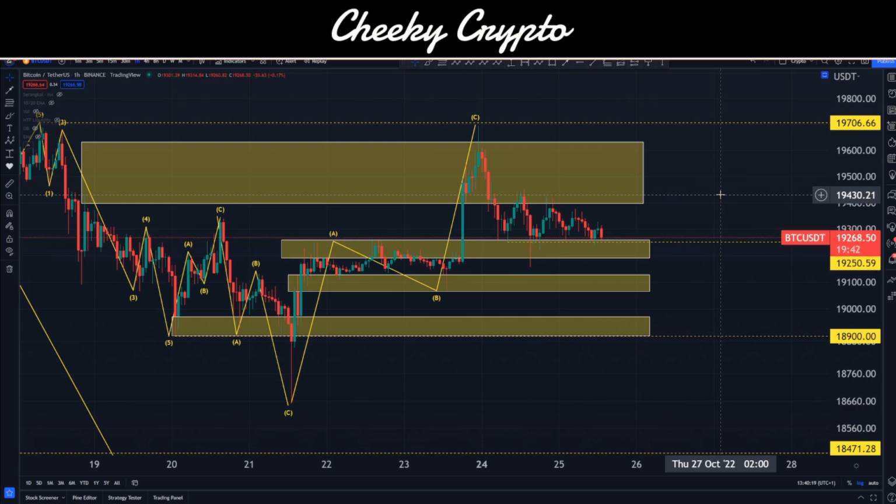Okay, let's make a start with this. Bitcoin paired up with USDT on the hourly chart. Binance is the data source. Now, this is following on from the stream that we did on Twitch this morning, basically talking about anything that has changed in the last 24 hours for Bitcoin. Now, from the price action, it's been reasonably slow. We've been trading basically between these two areas.